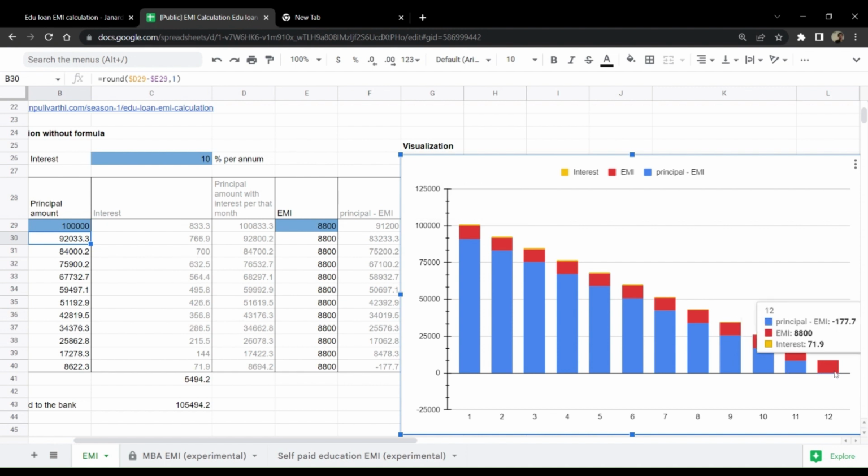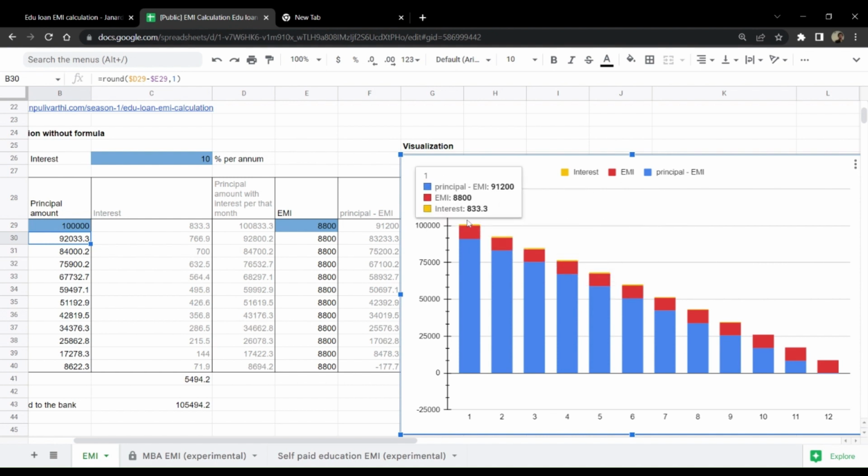In the 12th month, I think we do not need to pay anything more, because we are actually paying around 177 rupees more than the actual payment required at that time. So this is how the amount of interest is decreasing over time. Here also we notice